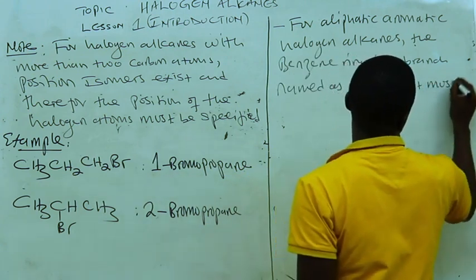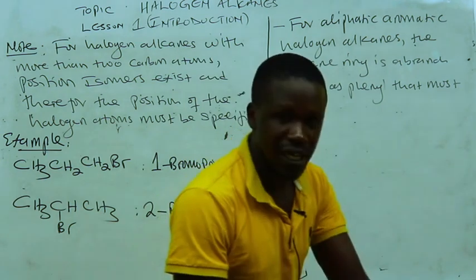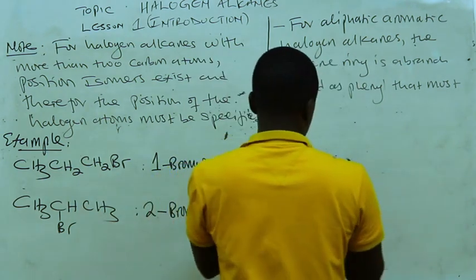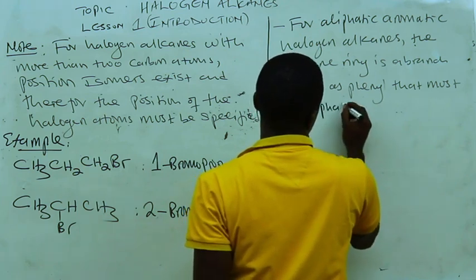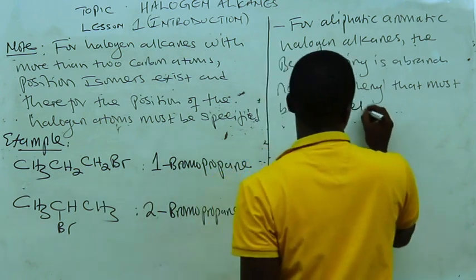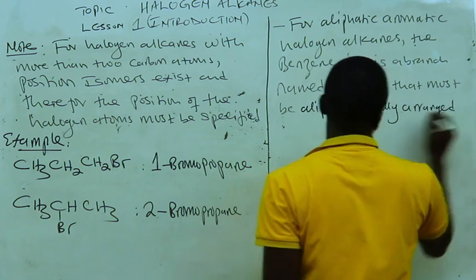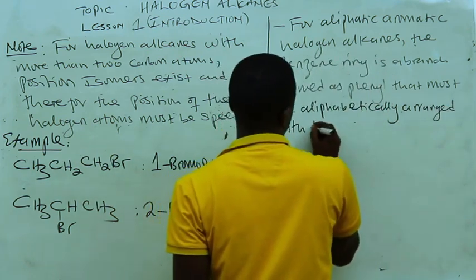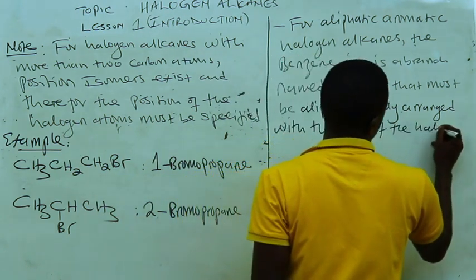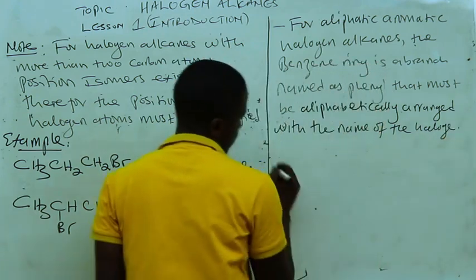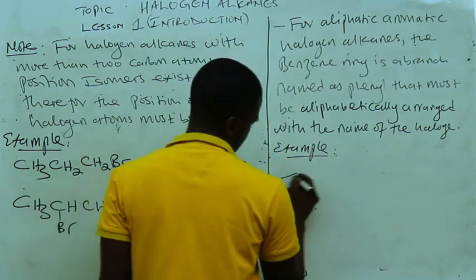That must be alphabetically arranged with the name of the halogen. An example, if we had